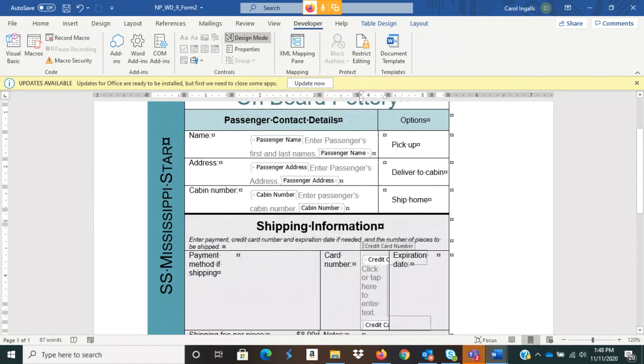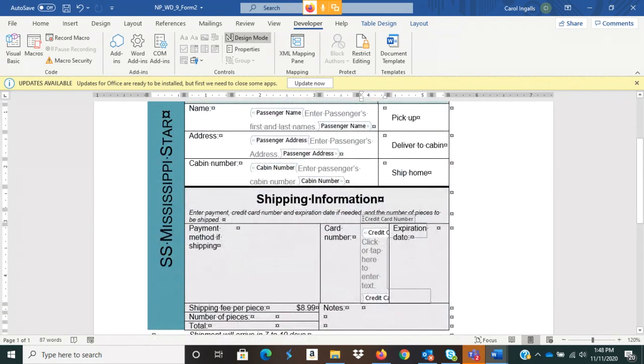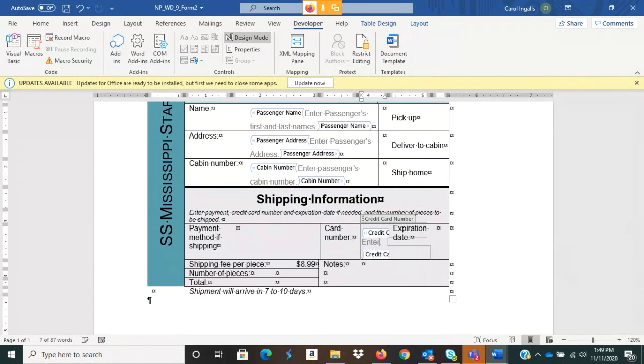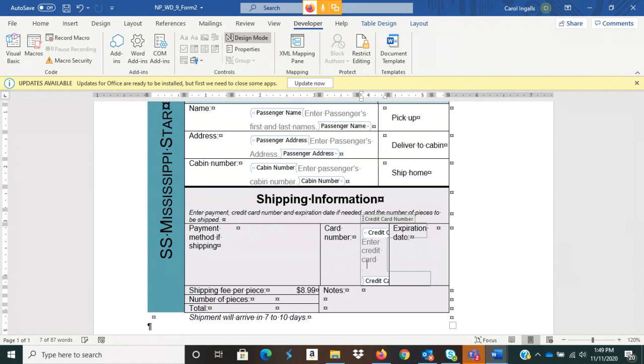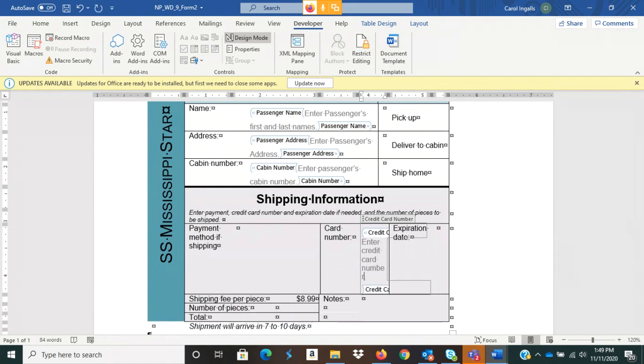All right, and we're in design mode, and what we want to do, again, get rid of the placeholder generic text, and we're going to put in something specific like enter credit card number. All right, and then once we go there, we're going to go to the right of number of pieces,